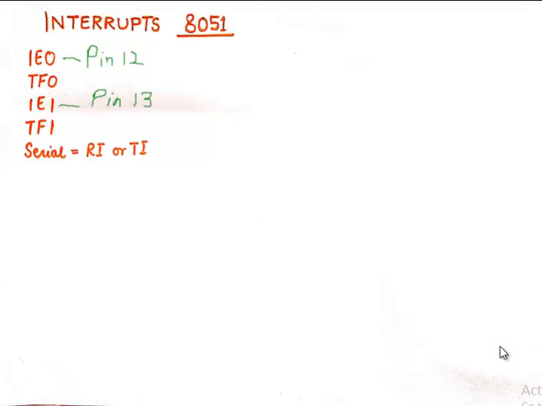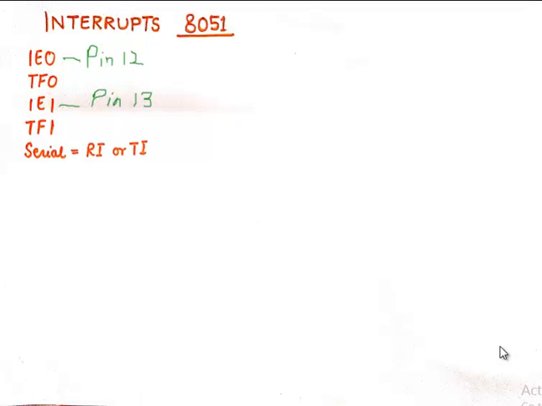It's very important to study the interrupt structure of a microprocessor or a controller to better understand its functioning. There are 5 interrupts in 8051 and I've written those 5 interrupts in the order of their priority. The top one has the highest priority and the bottom one has the lowest priority. Now that being said,